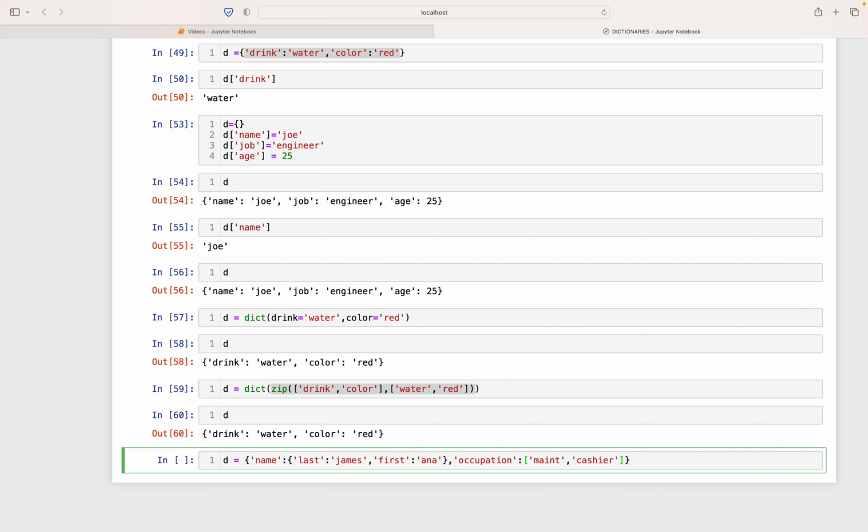Okay, and then maybe I have the status, married or single. So now I'm done with that specific keyword and value. So the value here was represented as a list, and now I can say, for example,